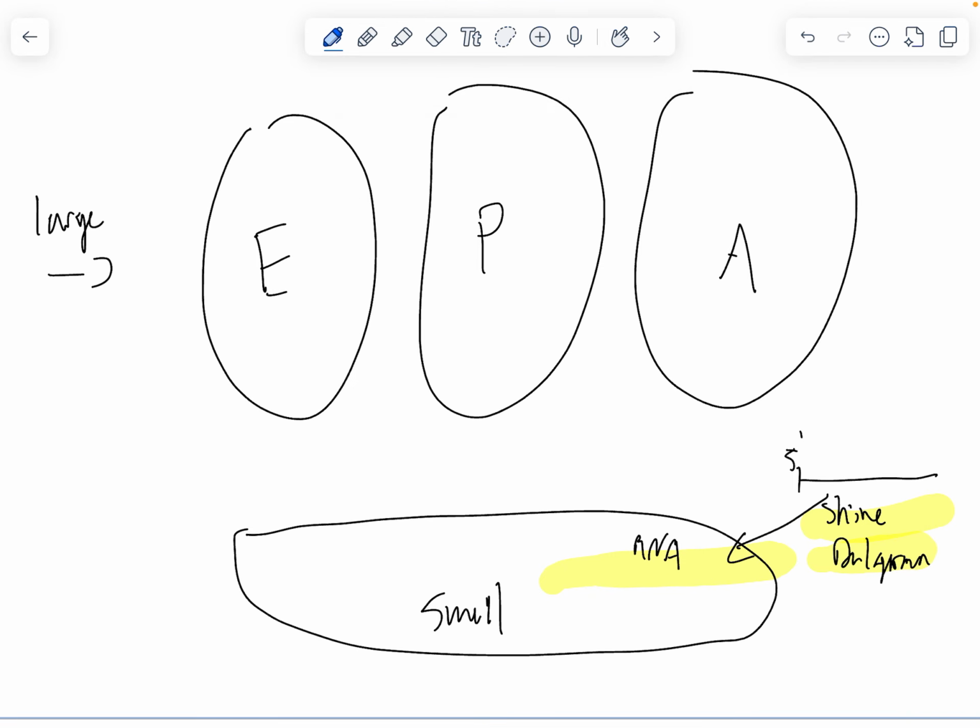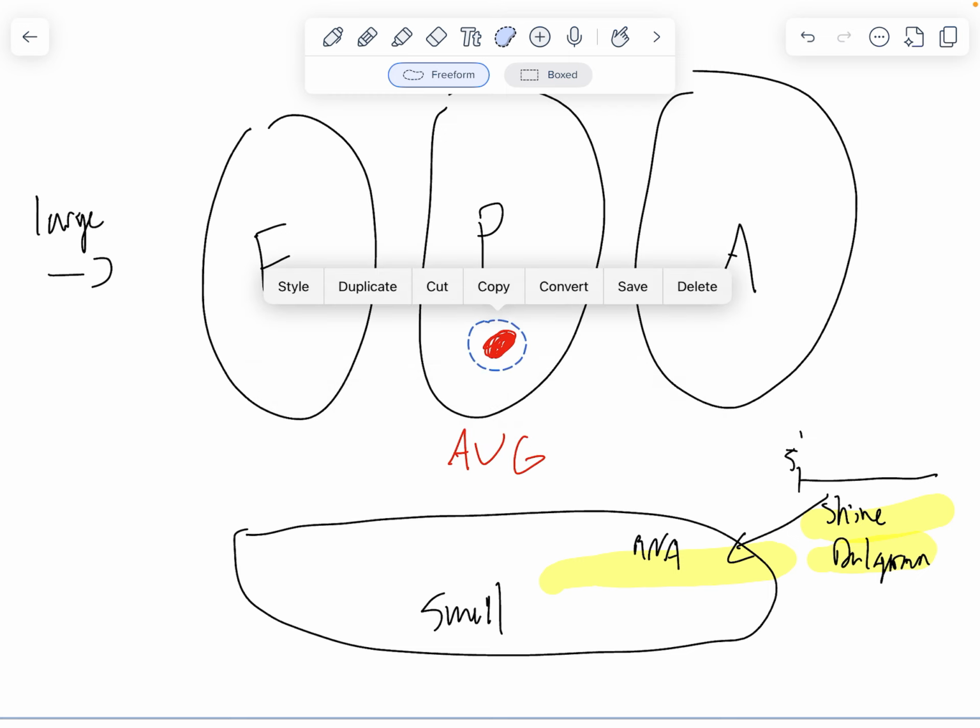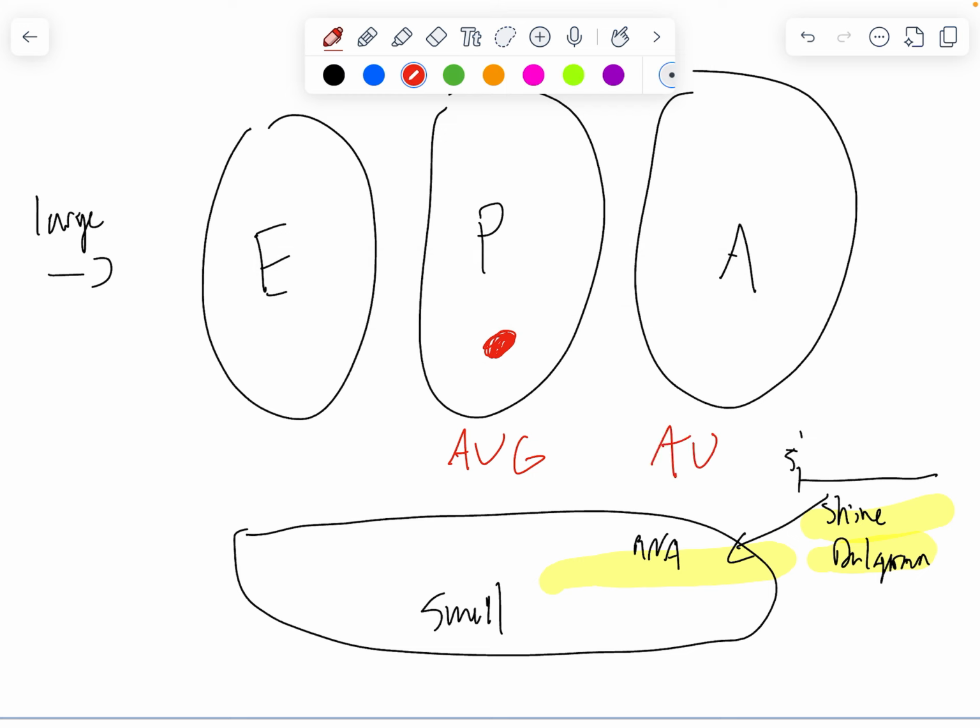So if I have an mRNA molecule, it's going to start with AUG, and that is going to go into the A site, and that is going to bring back methionine. And then that AUG is going to translocate to the P site, and it's going to take that methionine with it. And then the next base, for simplicity, we'll just say the next base is also methionine, comes into the A site, and then the tRNA brings in methionine to the A site, and now we have the opportunity